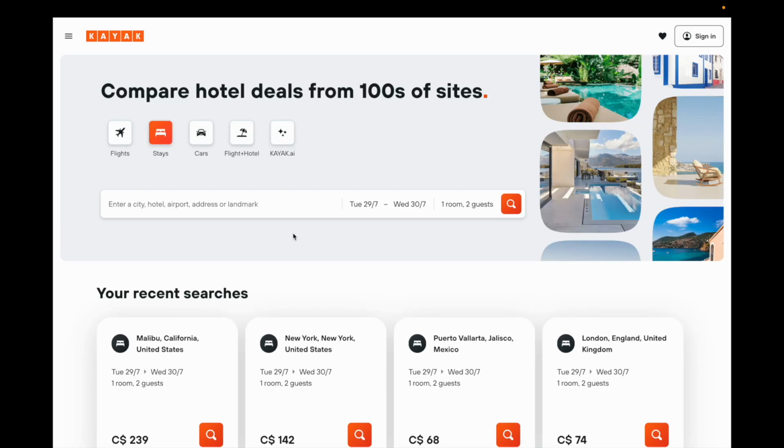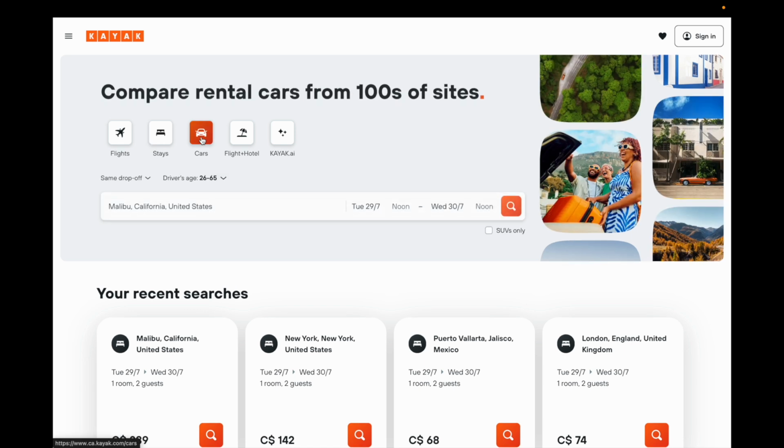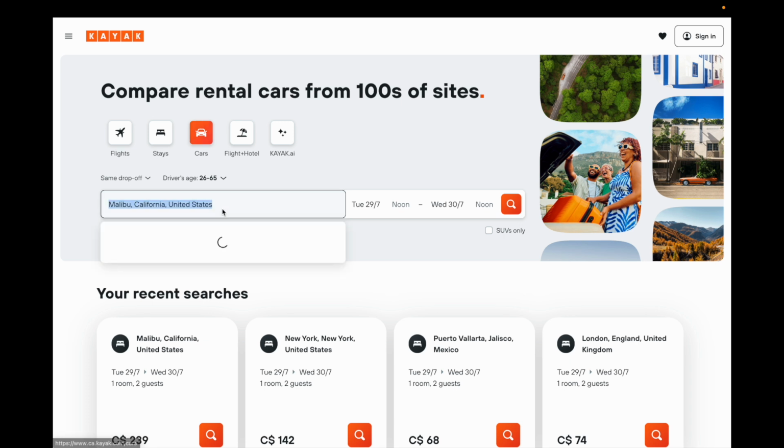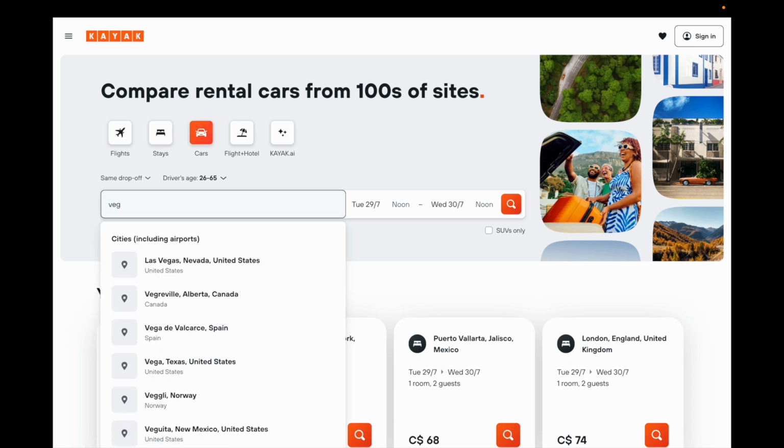So in this kayak.com tutorial video, I'll be showing you guys how to rent a vehicle here on kayak.com. So once you open up kayak.com, I want you to go ahead and make sure that the cars option here is selected. Once you select cars right here, you can go ahead and select what city that you're needing the car in. So I've recently searched up Malibu, but for example, if you wanted to go to Las Vegas,